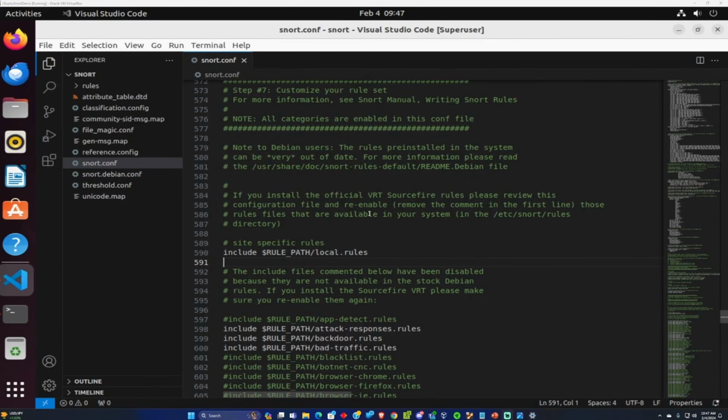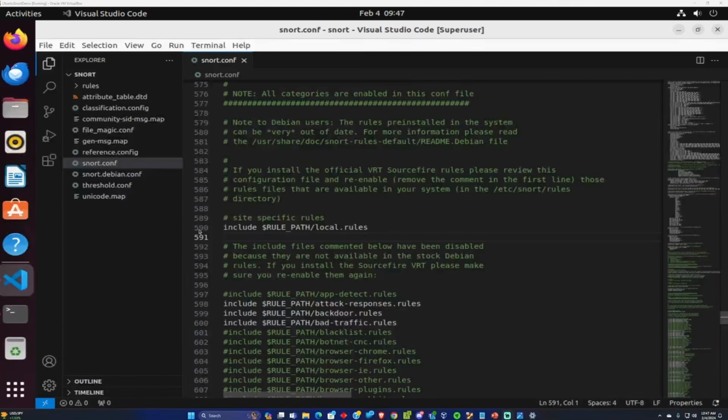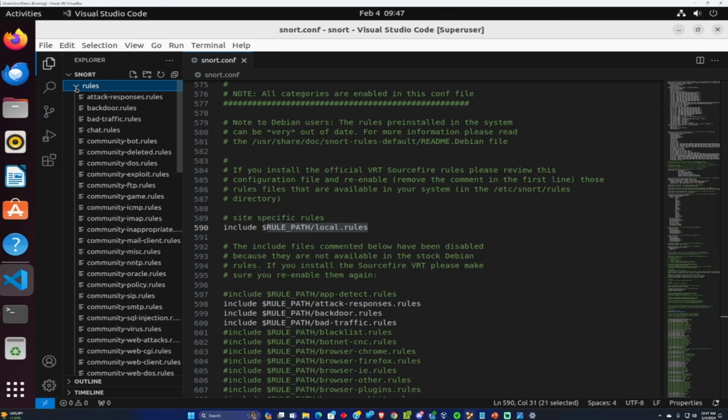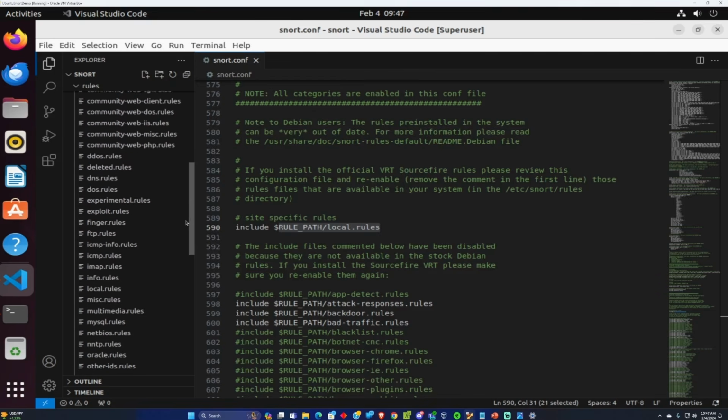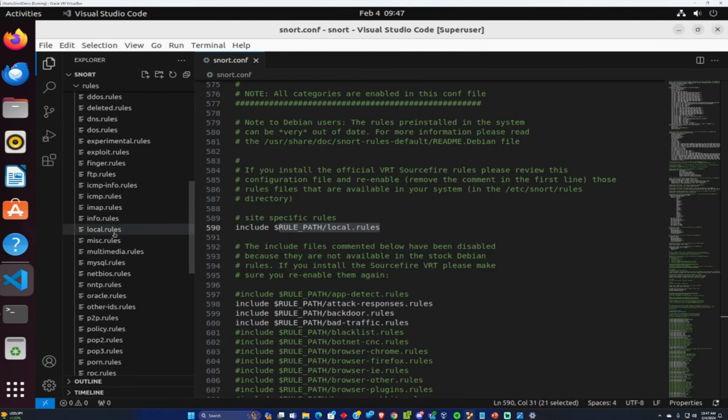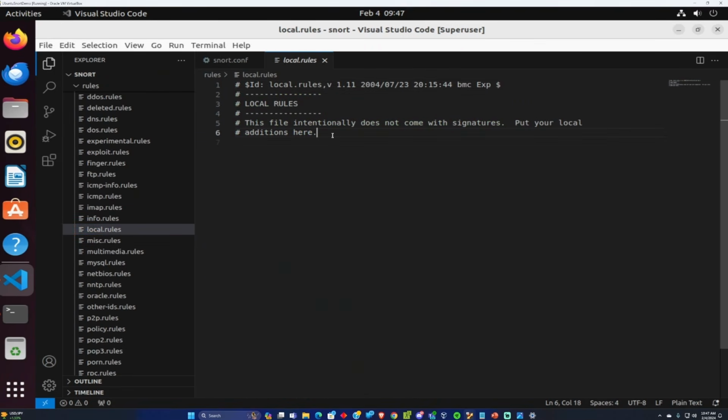All right, so now we're back in Ubuntu and we are looking at the snort config. I went down to line 590 where we can see we include the local rules. So there's the rule path local rules. The local rules can be found inside of this rules directory where we have a bunch of rules that have been added for us, which is great. And I'm going to scroll all the way down to local rules,